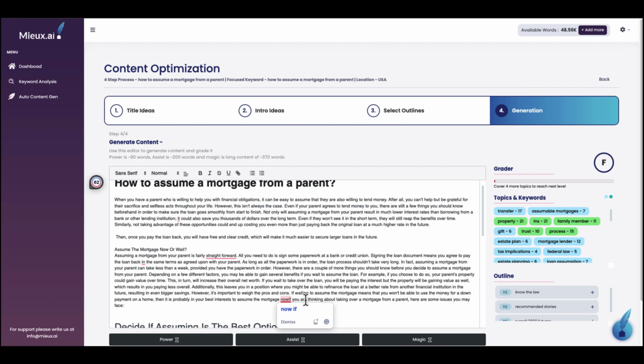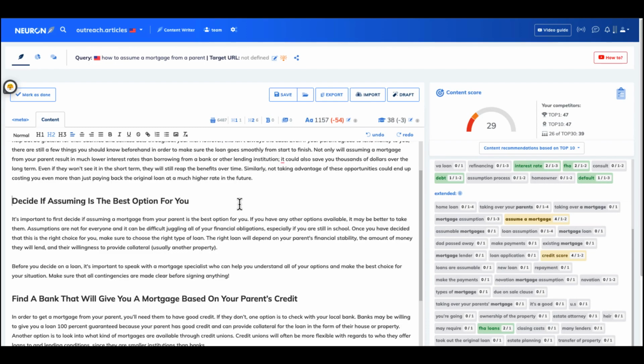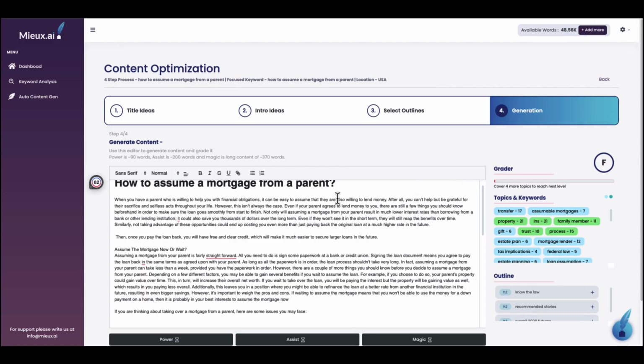All right, so you put my question down there. So it kind of put it right before it. Yeah, I mean, nothing spectacular. I guess it's a good start. You know, this is a new company as well. Neuron Writer's AI writing tool is stronger than Mieux. I give the edge to Neuron Writer. Mieux is a little bit messy, and the UI could use some work. There were some other red flags with this one.